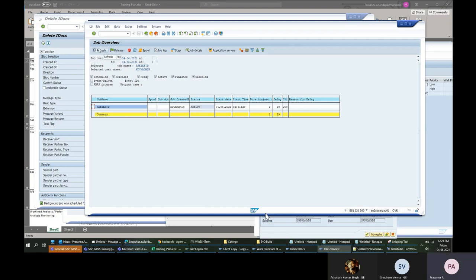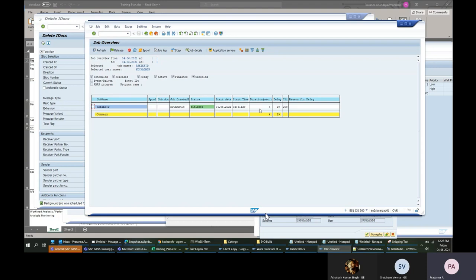This I took as an example for a very small process. This completed within about 4 seconds. But usually a long running process scheduled in background in a production system can run even for 1 or 2 days. Users cannot log in every day at a particular time and run that. So they schedule it to run at automatic intervals, and it will automatically run in the defined period. So this is how you define a batch job.